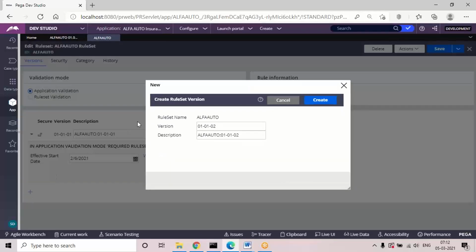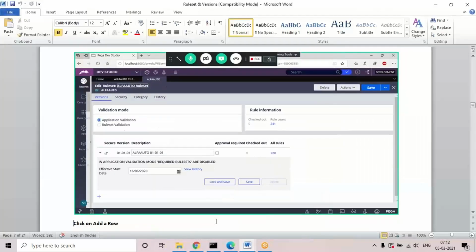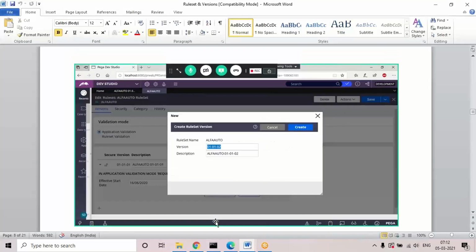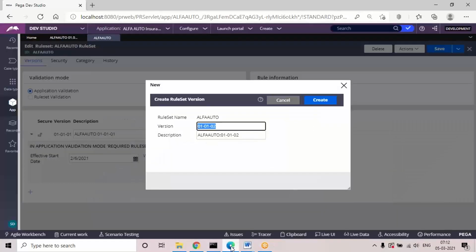Automatically the number gets incremented to 010102. Then you just need to use the create button. The screenshots are already there, so I'm keeping the same. Click on the create button.